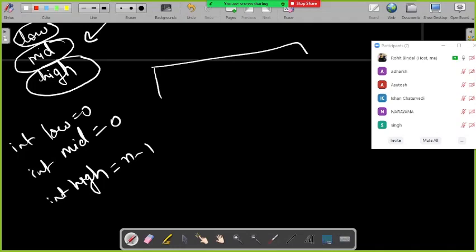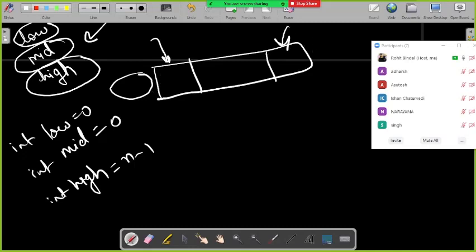I will initialize them as 0, and obviously high will be at the last position. Why? Let's say this is my array. If low is pointing here, there are no elements to the left of it, so this condition is satisfied: if elements are there they will be 0, but if no element is there, then it's fine. Similarly, high is at the last position, so to the right of high there are no elements. For now I can be sure that if there are elements there they will be 2, but if there is no element then it's also fine, right? And mid will be initially here.